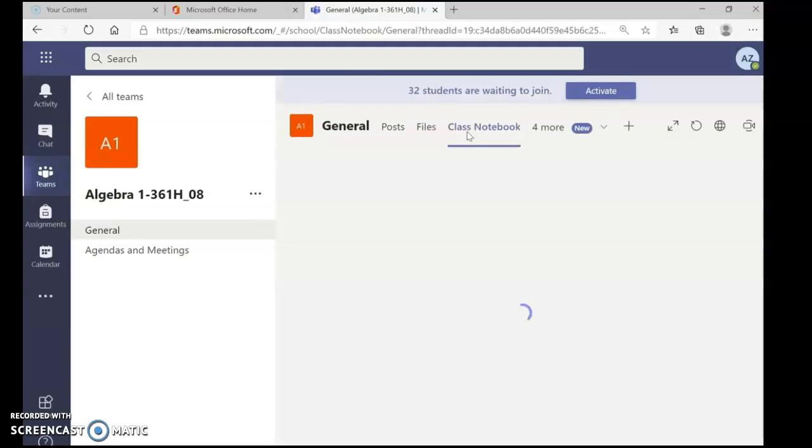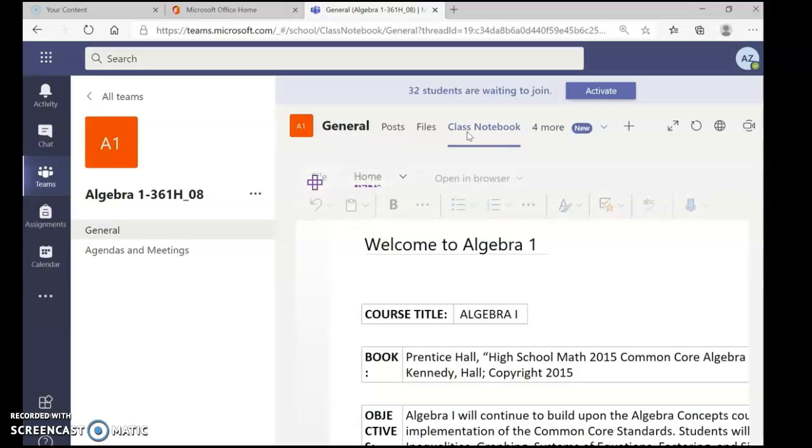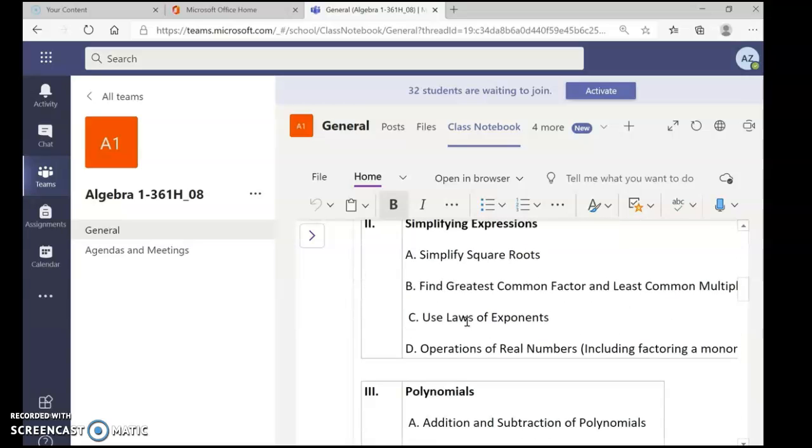This is very important. So when you click on a class notebook in your classes, it'll come out to your teacher's welcome page, or whatever they decide for you to see first. So mine is just your general Algebra 1 welcome page. You're going to see just like what our course title is, our book, our objective, and the different materials that we're going to